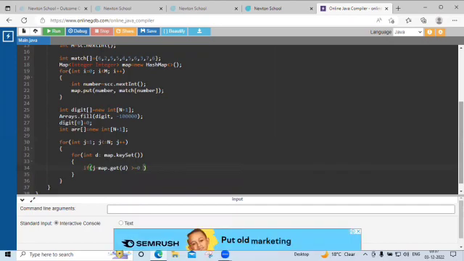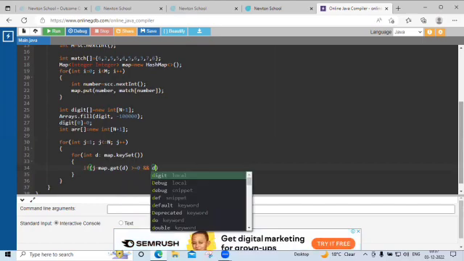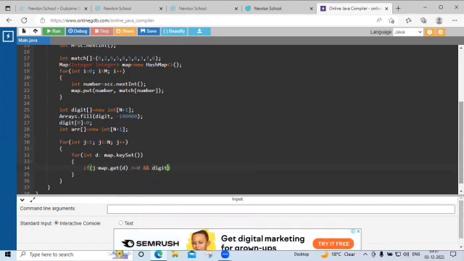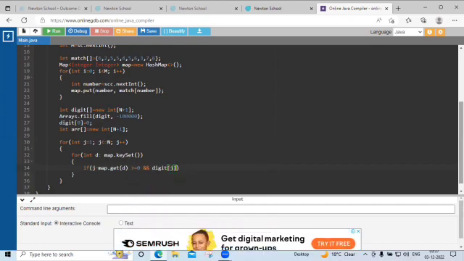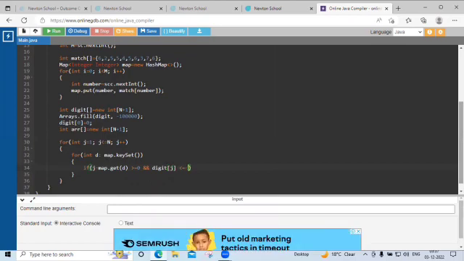And we'll write digit of j is less than equals to 1